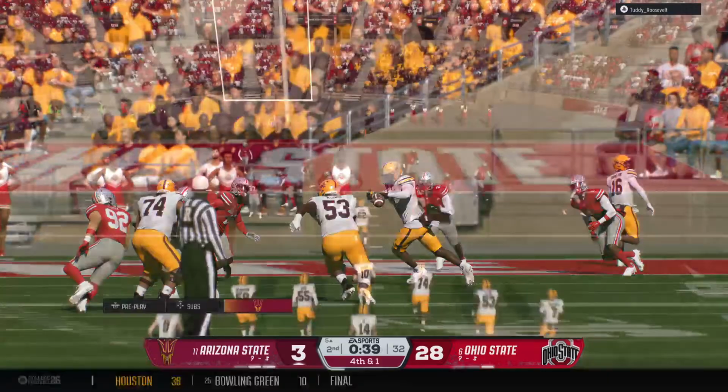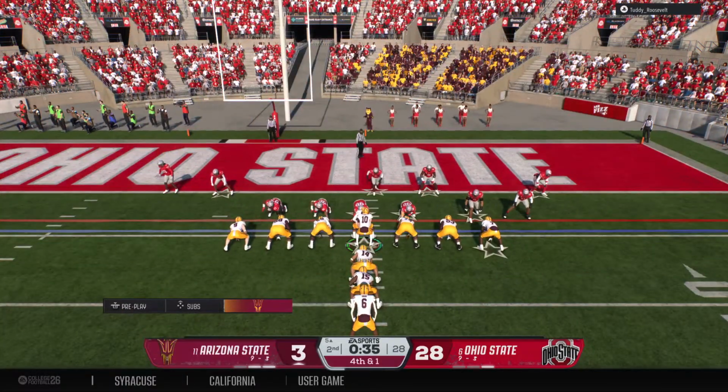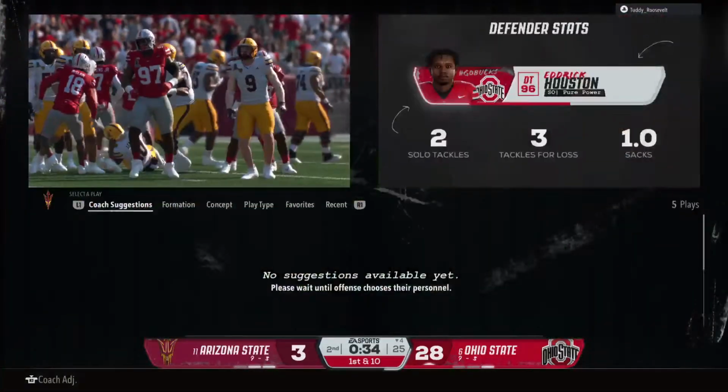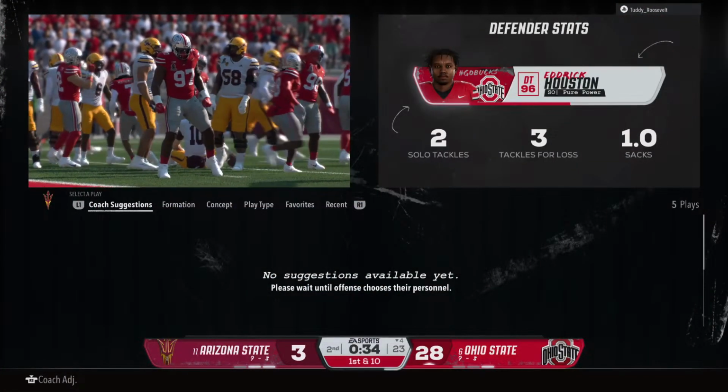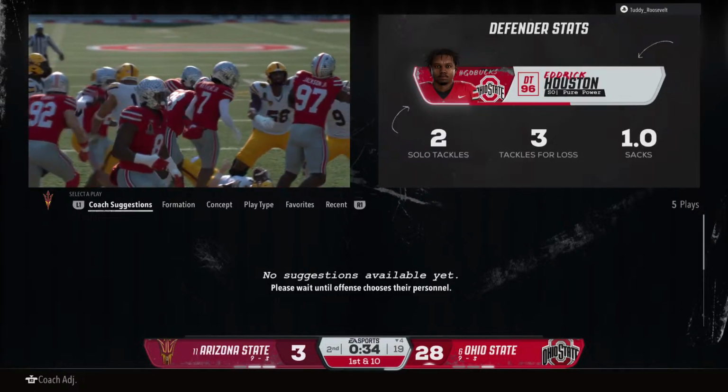Now they've got a tough decision to make here on this 4th down and short. 4th down. No punt. Out of field goal range. They're going for it. Oh, they've stopped him short. What a 4th down play, and they will take over on downs now.